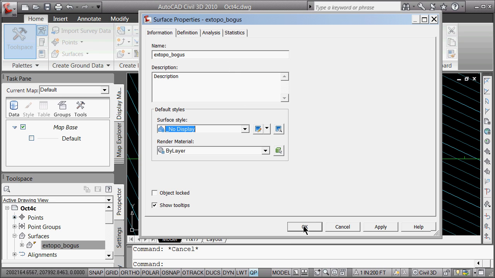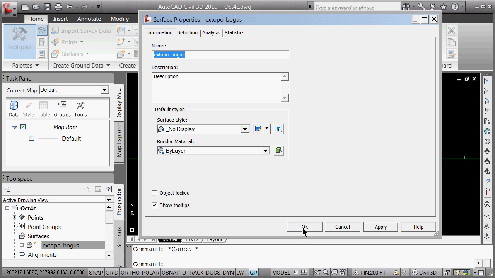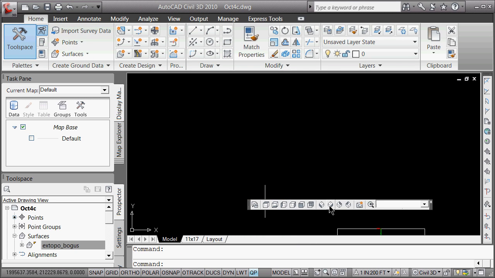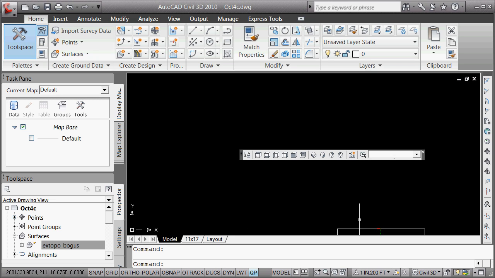I still like to keep it turned off or at least somewhat muted. No display. The bad thing about going to no display is that then you can't really grab it and you can't use the dynamic aspects of the tools. All right, you should have written down your starting and ending